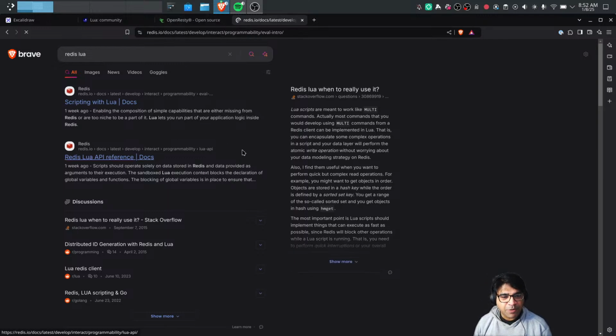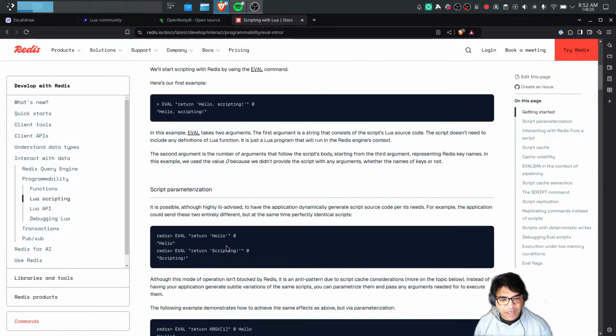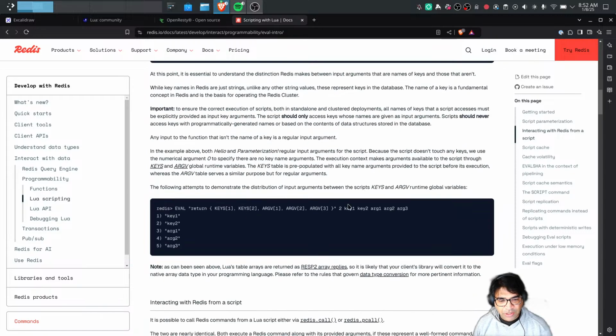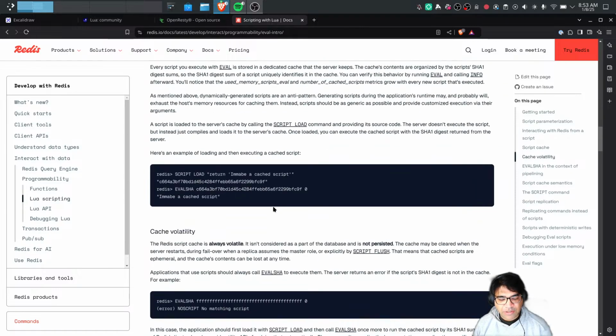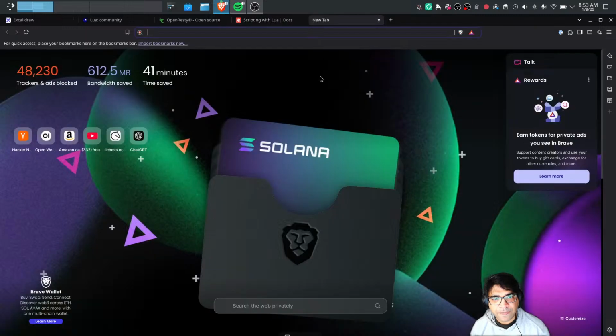In Redis, you can script with Lua. So you have your entire API that you can use. For example, here this is just a function that returns a value. You can get your keys and so on and so forth. So you can do a bunch of things with Lua inside Redis. And Lua is there in a lot of languages. I mean, there are platforms like, for example,